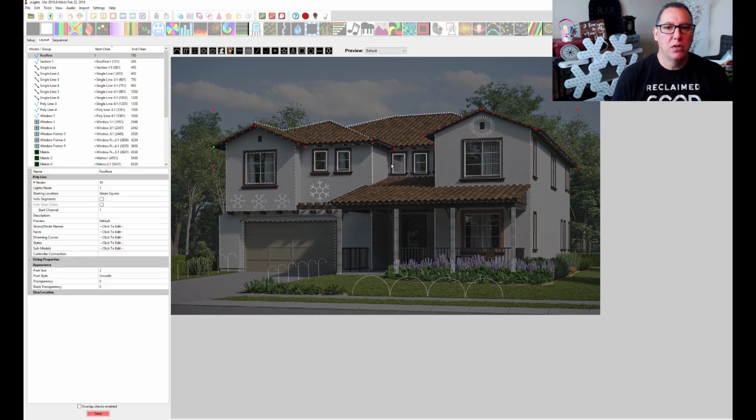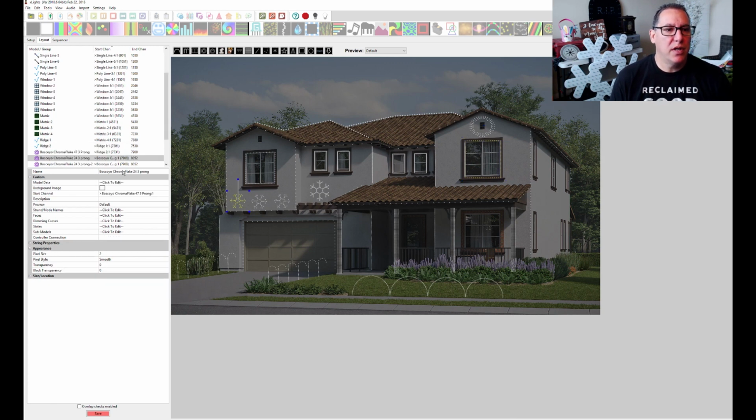Window 4. Window 5. Window 6. And I haven't forgotten about the matrix. Okay, good. And we'll call this,